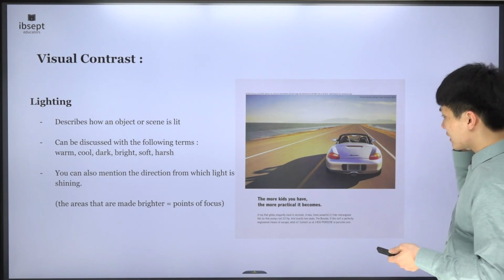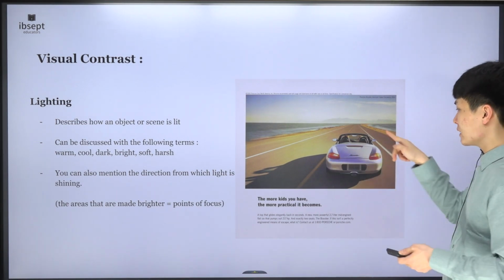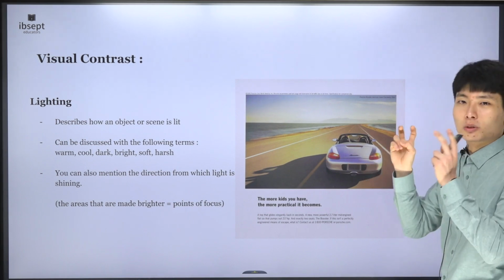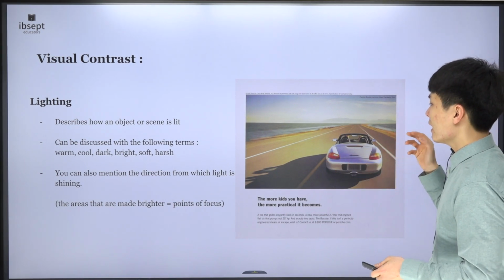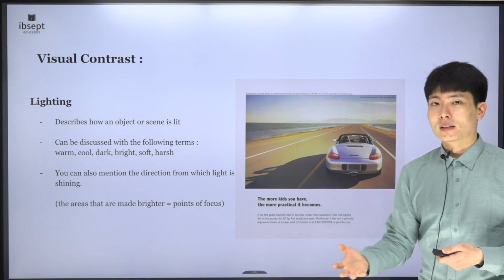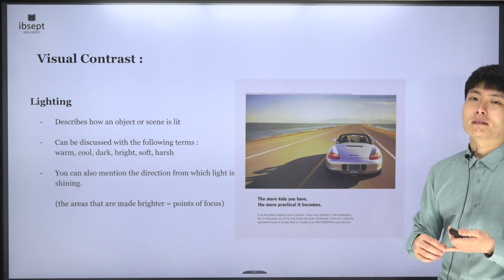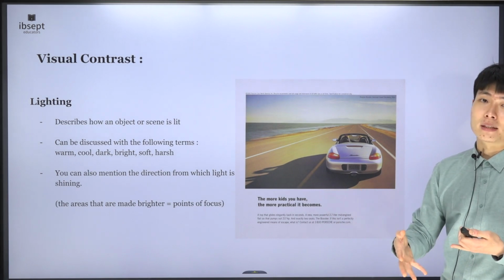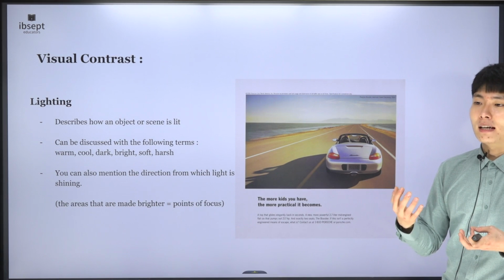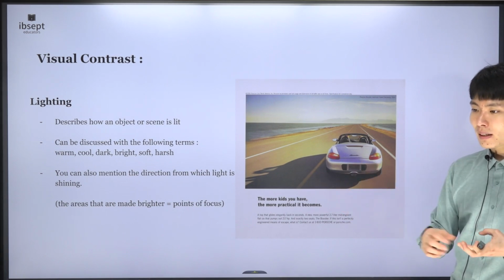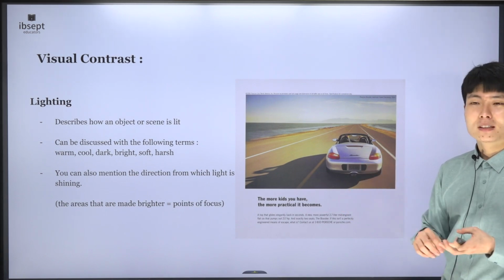So check it out. Because the light is being thrown that way, you can see that the so-called shoulders of the car, the curves, are being accentuated. And I think that is what the creators of the advertisement were intending in the first place. Those are the parts of the car that they feel are most attractive and thus would best convince viewers to purchase